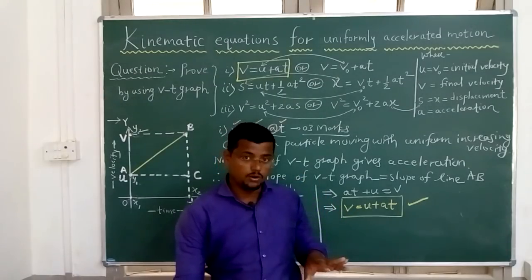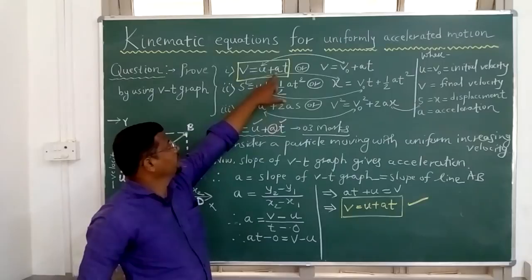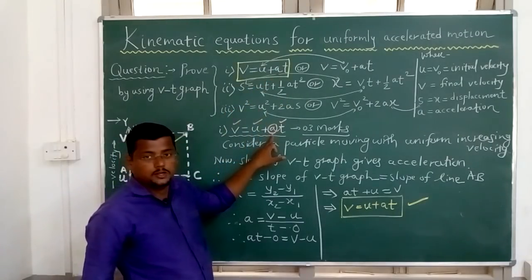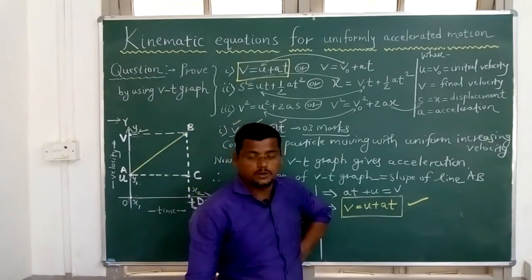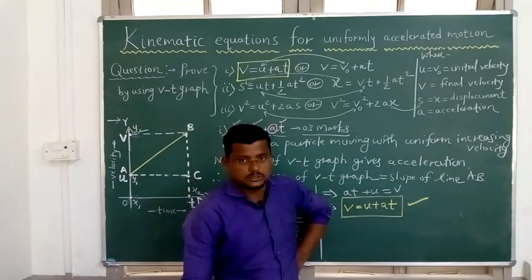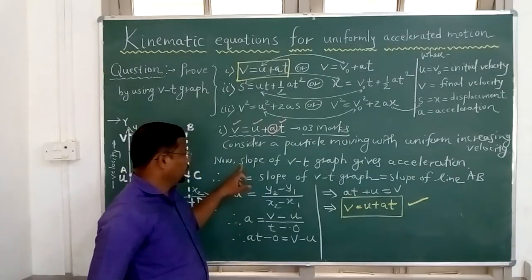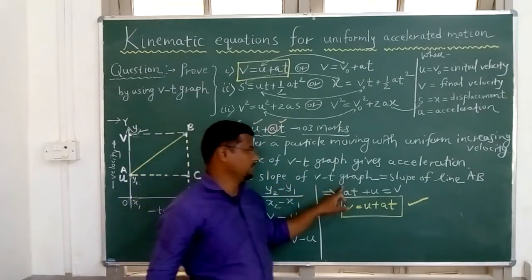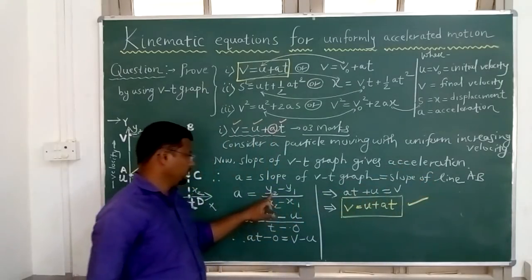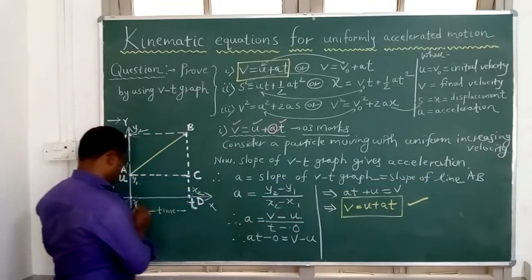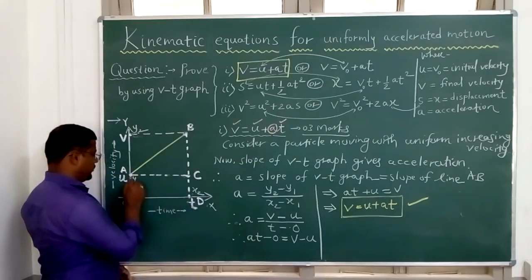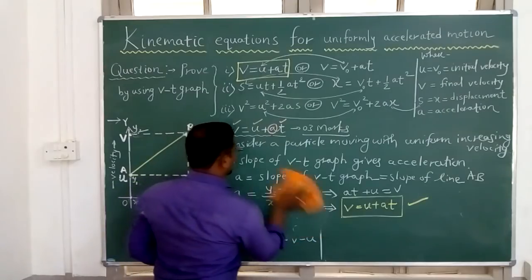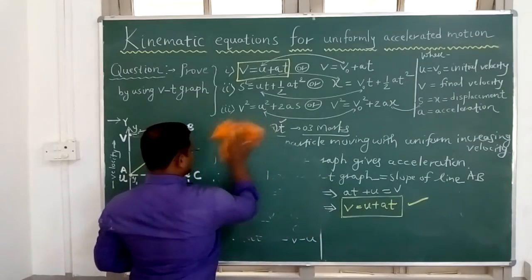Because I wanted information about this a, which was unknown to me. We have already studied that whenever you calculate the slope of a VT graph, you get acceleration. So the slope of the VT graph gives acceleration. So acceleration a is equal to the slope of line AB. The formula is y2 minus y1 divided by x2 minus x1. It is x1, x2, y1, y2, and by that we have calculated it. Now we will go for the second one.